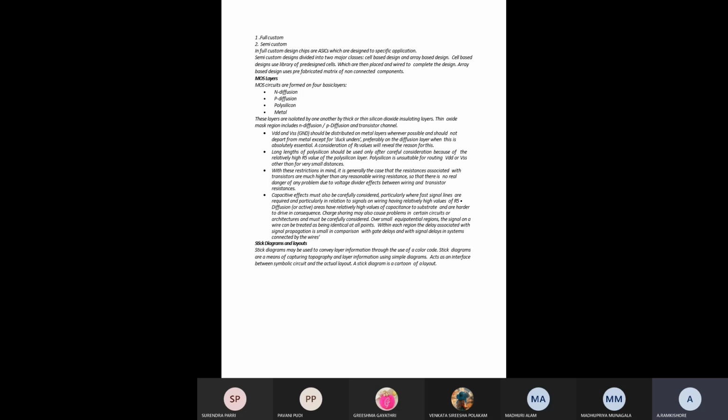In the next class, we will see stick diagrams and layouts. We will discuss what is meant by a stick diagram and what rules are involved in stick diagrams and layout diagrams.